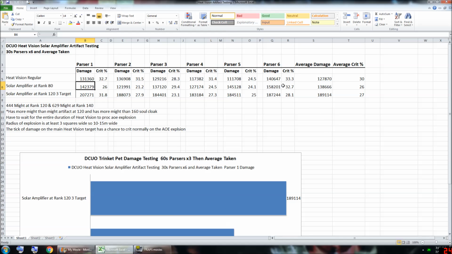If you're getting it to crit like here, 32%, 158, that's way higher than anything with regular. But if it doesn't crit and you're getting like 24, 21, then it's less. So it seems like the crits are hit or miss on it, but in the end, you're still doing more damage. The other thing I should note is that